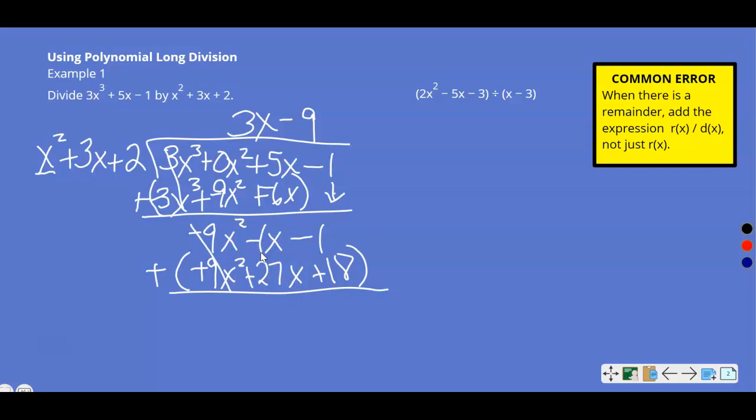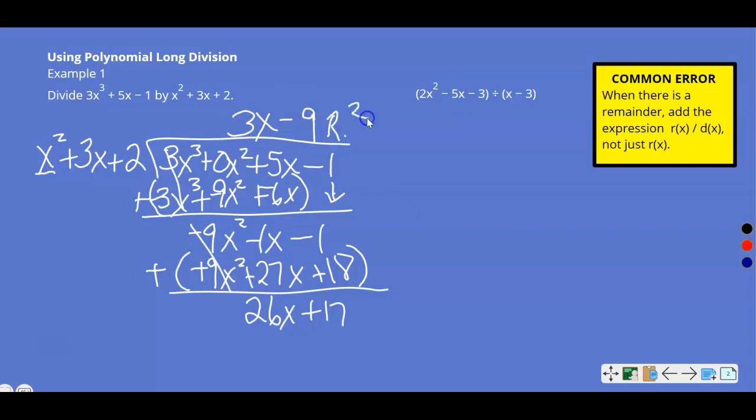So negative 1 plus 27 is 26x. Negative 1 plus 18 is plus 17. Now we're going to try to do it again. X squared into 26x. Since you cannot divide x squared into an x term, that means the rest of this is the remainder. So you've got 3x minus 9, and then the remainder